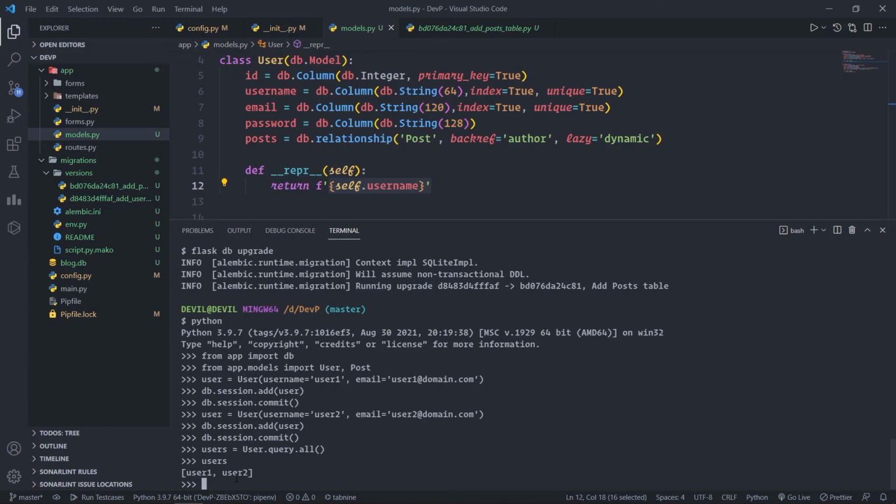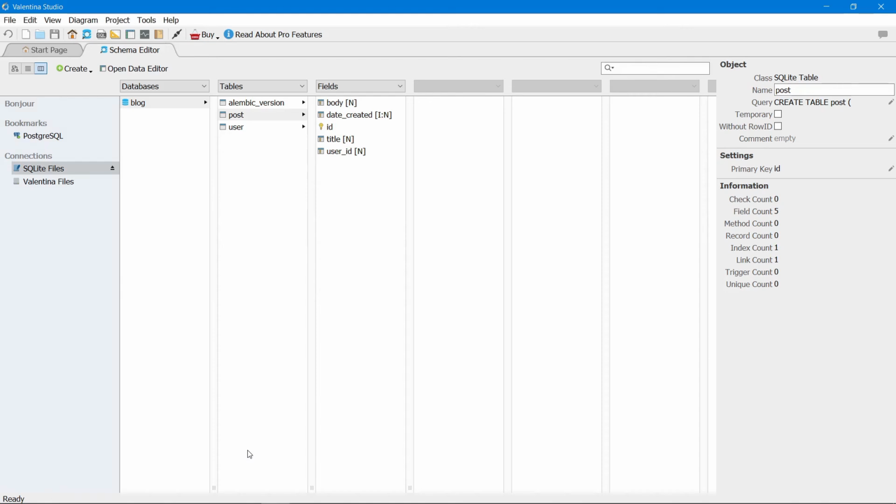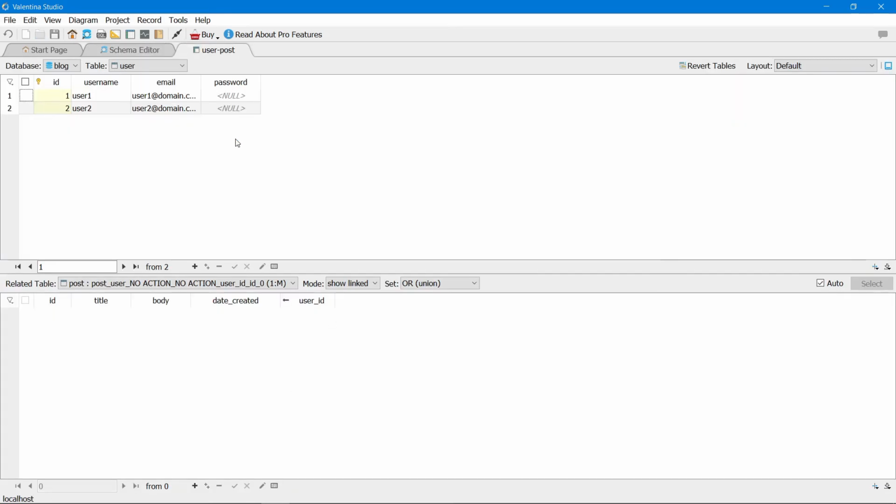So the first query we saw is the query.all. All of the models have a query attribute that is the entry point to run a database query. The most basic query is the one that returns all the elements of a class, which is appropriately named as all. Note that ID fields were automatically set to 1 and 2 when those users were added. We can see in this Valentina Studio, and if we see, yeah, so user 1 has an ID field 1 and user 2 has an ID value 2.